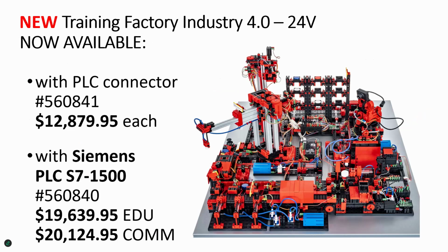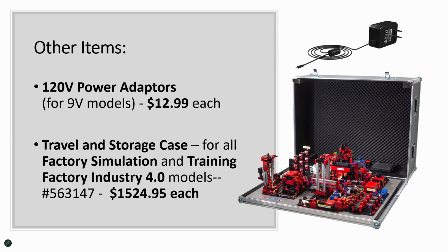So again, if you just want the PLC connecting board, you're looking at $12,879.95. If you're looking at the version that includes the Siemens PLC S7 1500 for education, it's $19,639.95. For commercial customers, it is $20,124.95. Other items that I've discussed, the 120 volt power adapters that came up several times, those are $12.99 each, pretty affordable. The travel and storage case that is used for the factory simulation and the training factory Industry 4.0 models, so those factories we've looked at here, the cost on that is